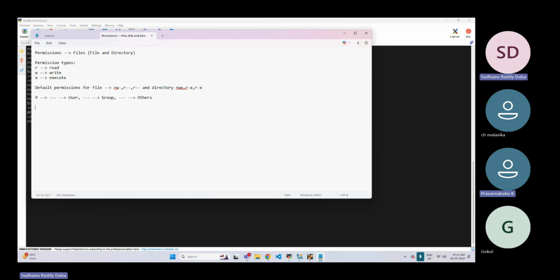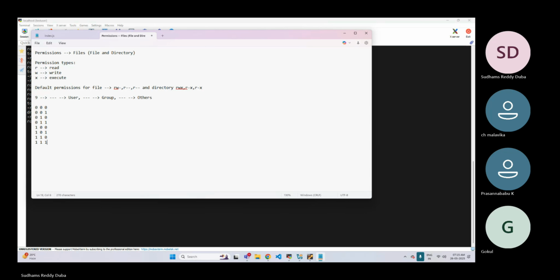So there is a representation: 000, 001, 010, 011, 100, and so on up to 111. What is this representation?